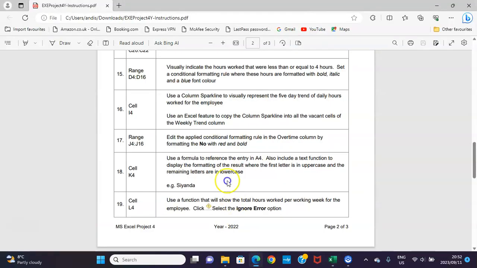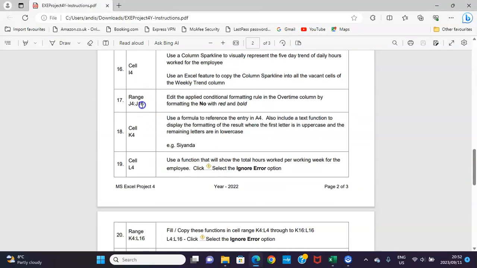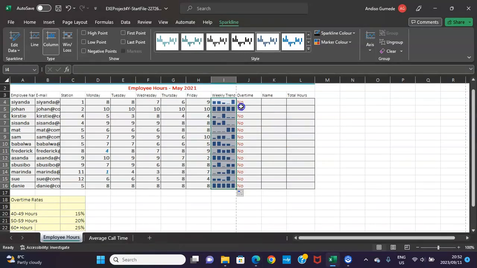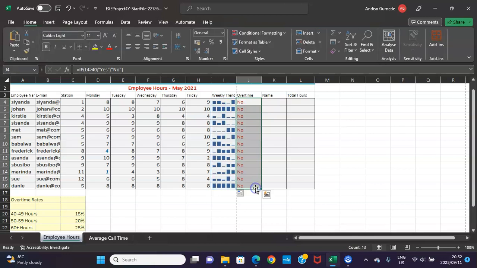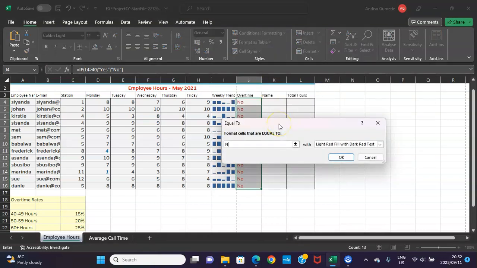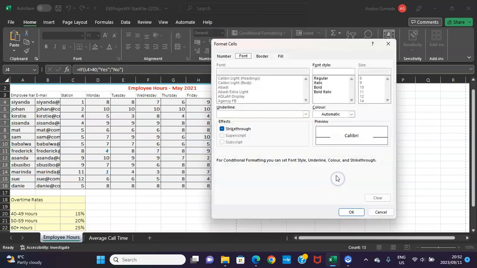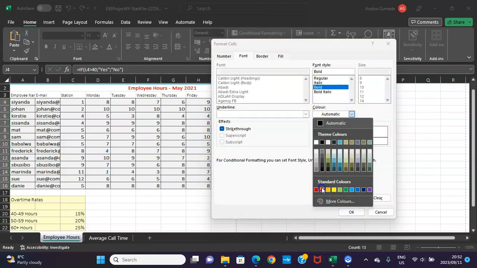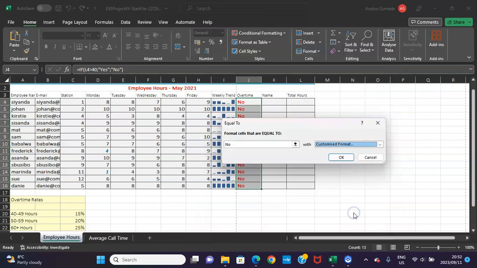And next instruction, edit the applied conditional formatting rule in the overtime column by formatting the No with red and bold in this range J4 through J16. Okay, go to conditional formatting, highlight cells rules, equal to, we are highlighting No with red in bold, custom format bold, and then the color should be set to red. Okay,